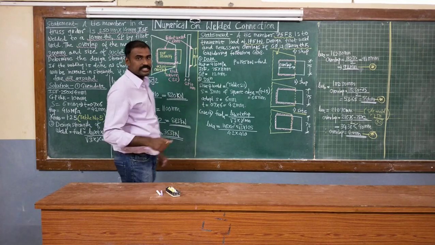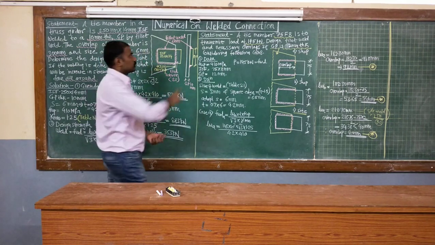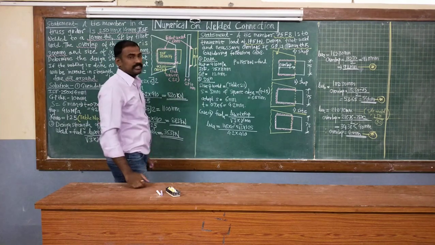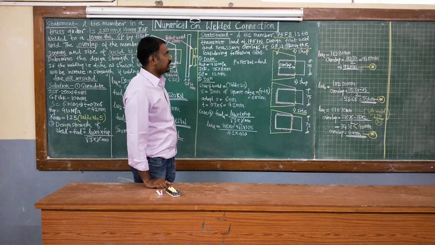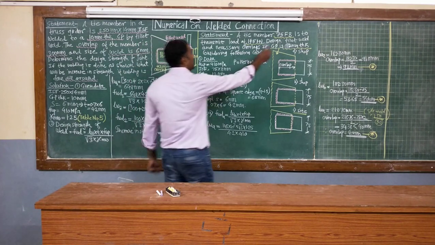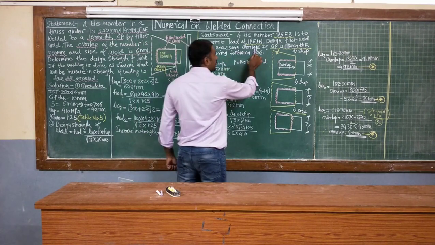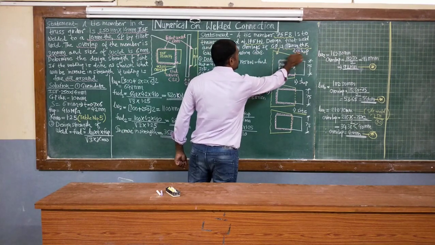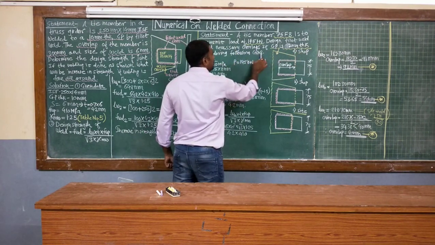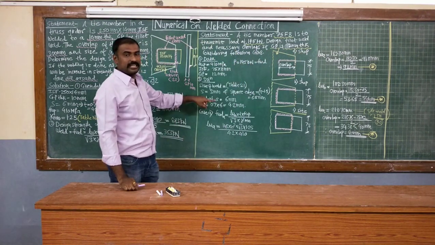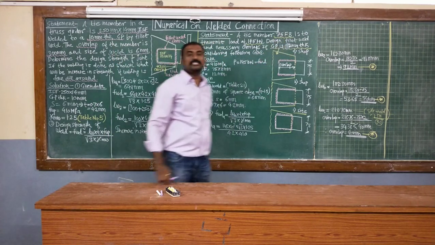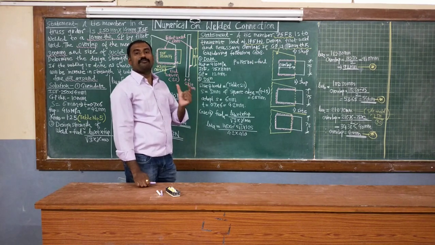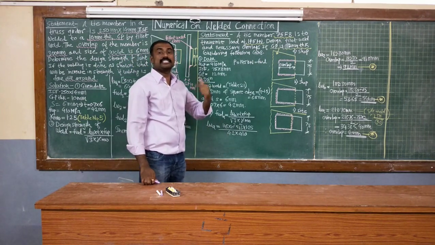So initially we will start with the statement of the numerical. The statement for the second problem is given as: a tie member 75 F8 is to transmit a load of 145 kN. Design the fillet weld and necessary overlaps if the gusset plate is 12 mm thick, considering the following cases. Now here, in the given data, I have underlined initially 75 F8, which is nothing but 75 mm width, 8 mm thickness, and it is a flat.